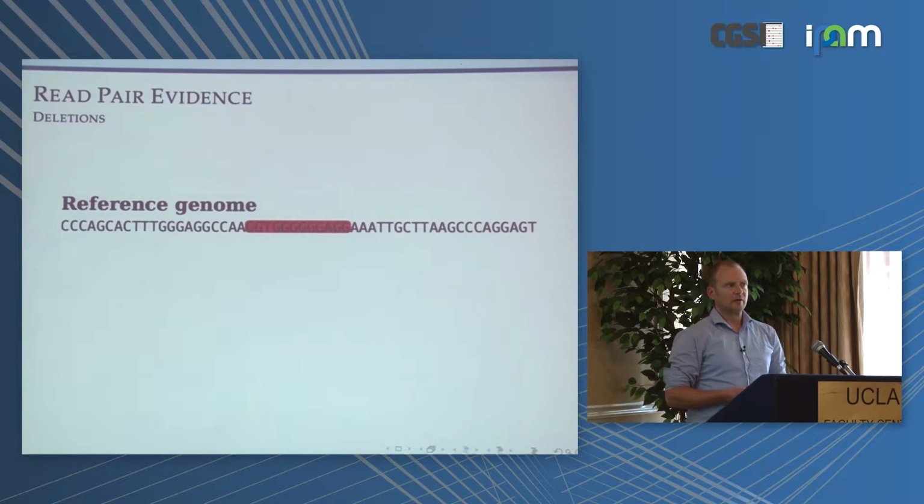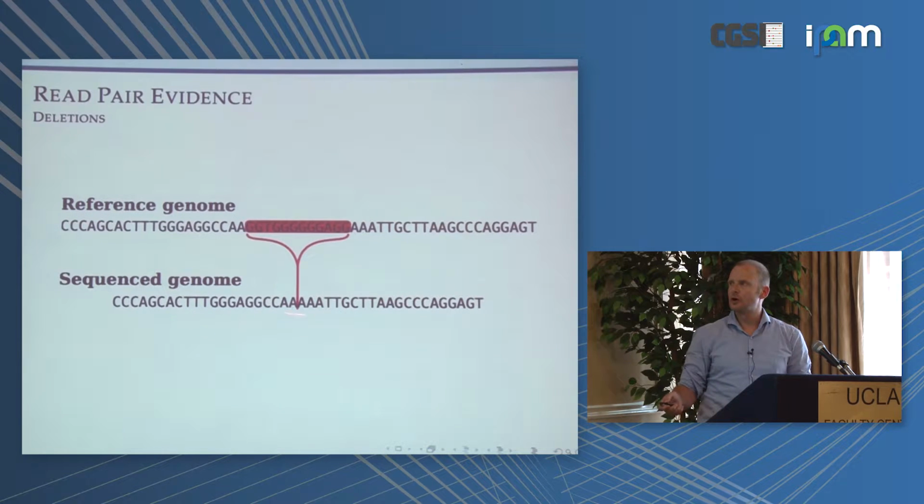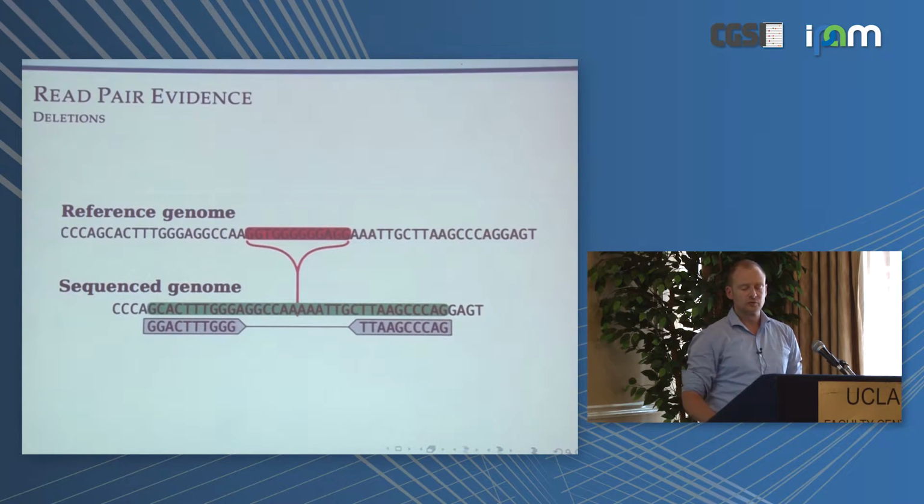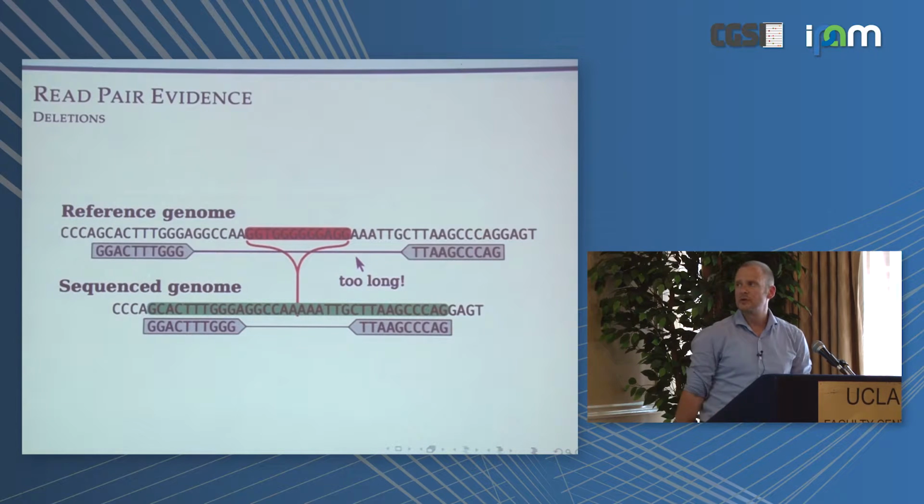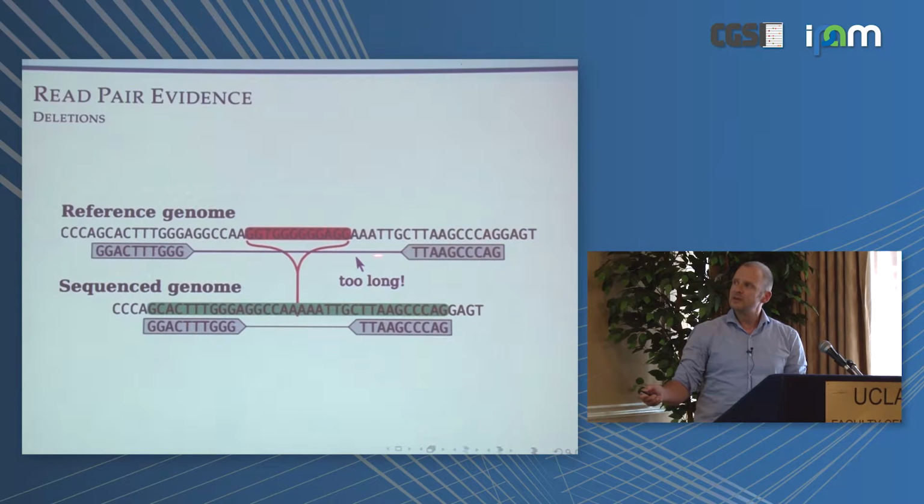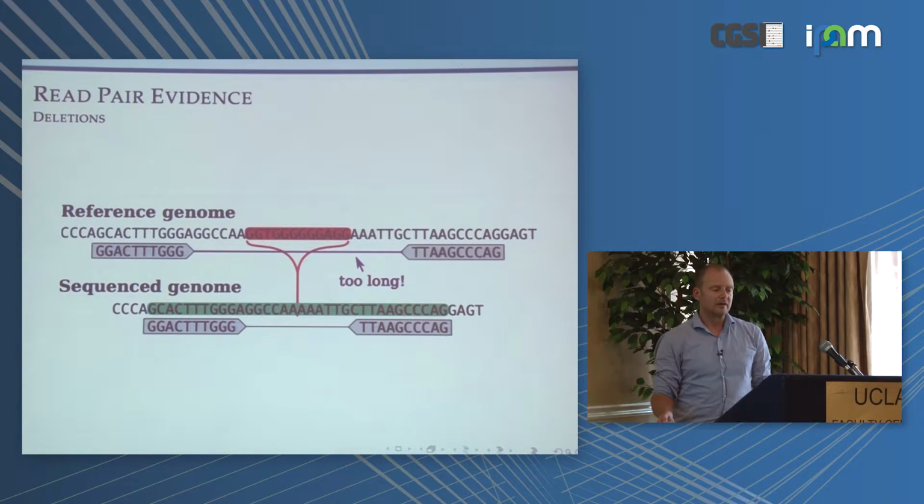So here is a little bit of a movie on how you can predict deletions. You have a region in the reference genome that does not exist in the sequenced genome. It is missing here. 12 nucleotides are missing here. And then you break out the fragment. You sequence the two ends, which gives you a paired-end read. You align it back to the reference, which gives you a paired-end alignment. And then here, this is longer than the fragment. The problem, however, is that